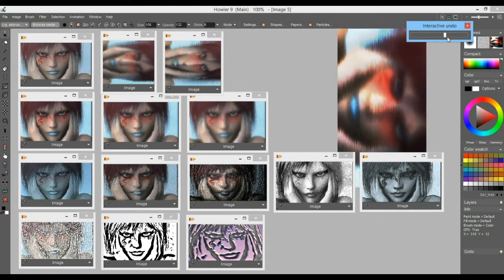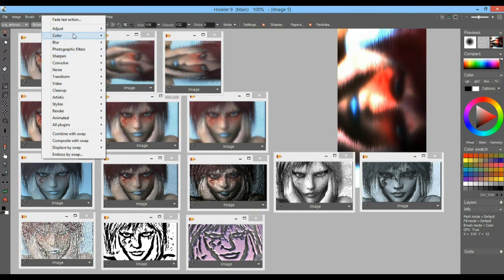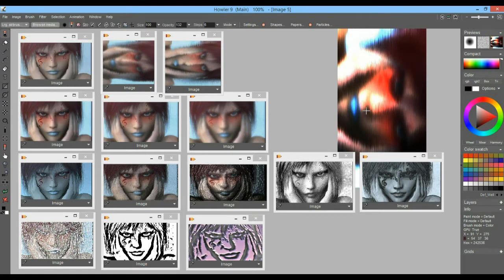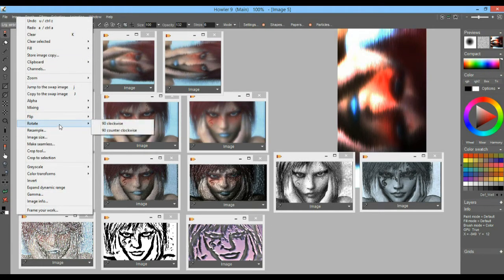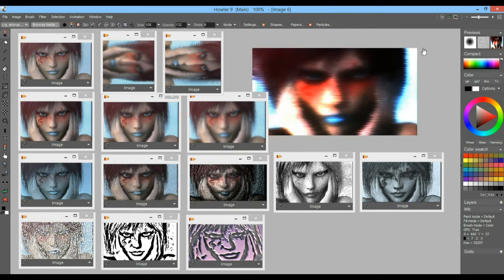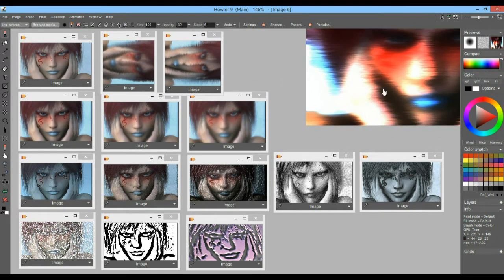That's called the interactive undo, or blending or fading the most recent action, fade last action. That's what it would be called up here on the filter, fade last action, same thing. So that's an interesting option to basically combine two different images that are variants of the same original, and then some, right? I mean, you can then say, okay, let's rotate it back. We initially rotated it clockwise, now let's go counterclockwise, and there she is, and we can zoom in a little